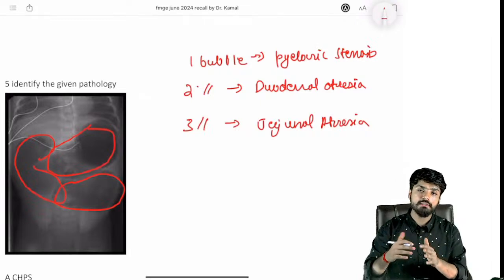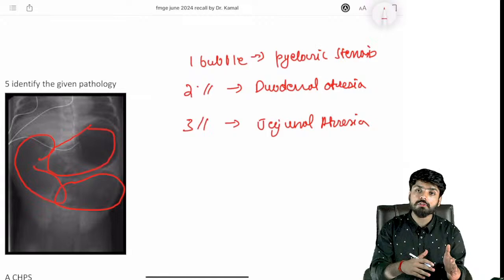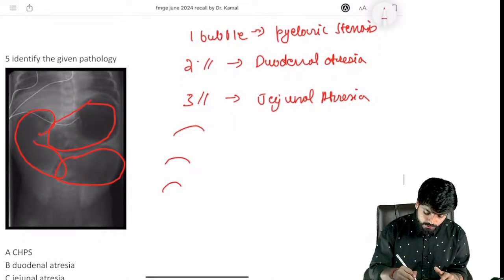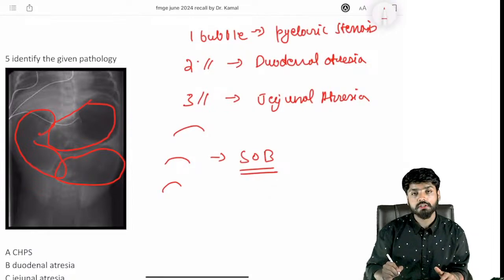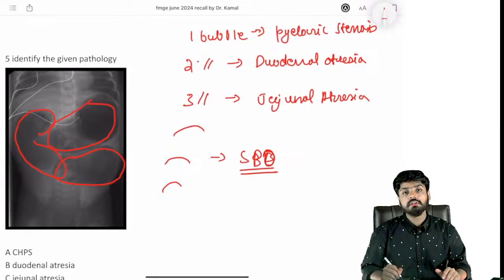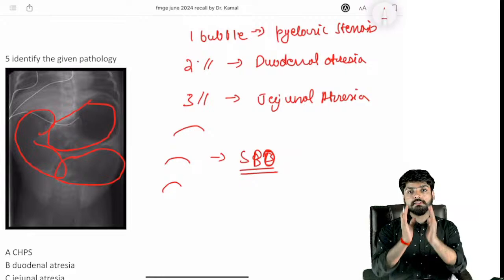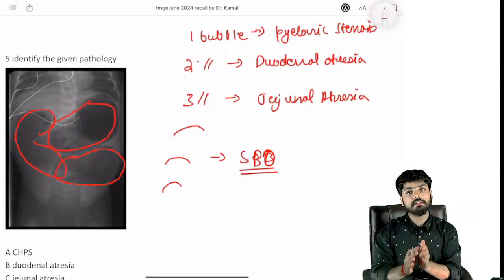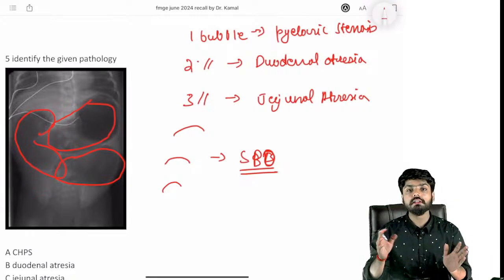The bubbles are increasing. First bubble is stomach, then duodenum is also involved, two bubbles, then jejunum is also involved, three bubbles. If we see multiple fluid air levels like this, then it will be small bowel obstruction, that is ileum is taking part. If these multiple air levels are in the center of the X-ray, escalating like this, then it's small bowel obstruction. If there is a large bubble on the periphery, then it's the large bowel obstruction.